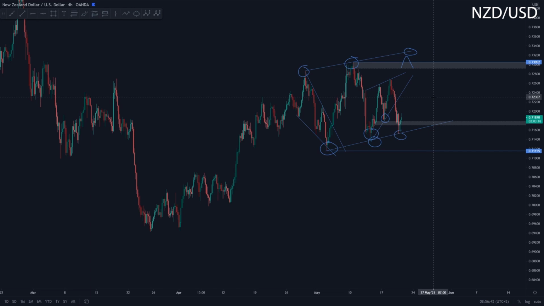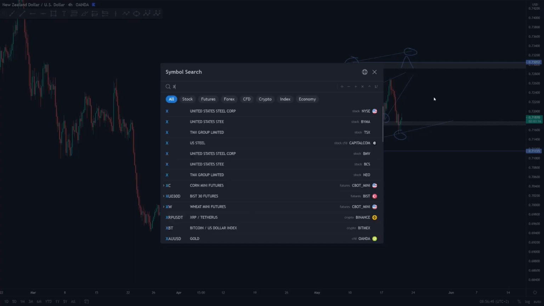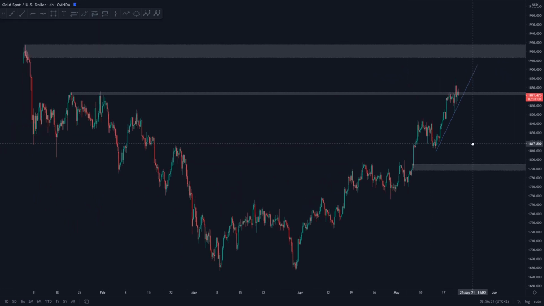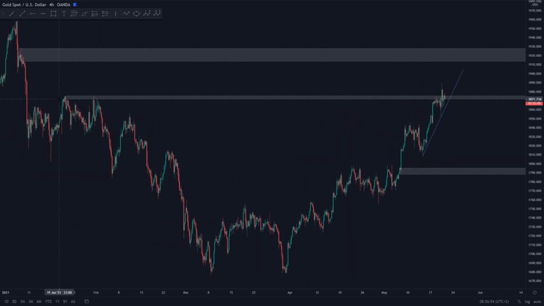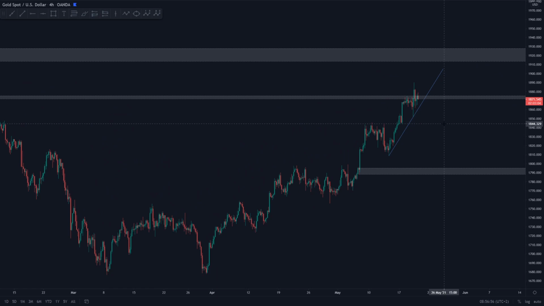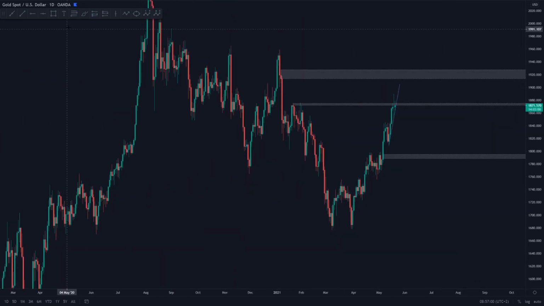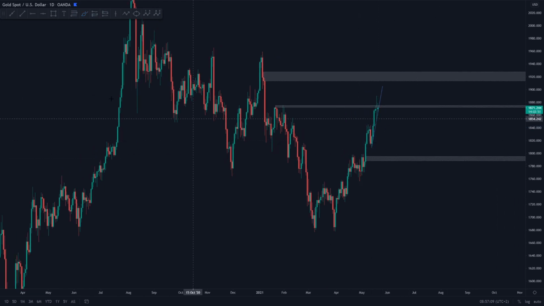So with Kiwi dollar discussed, let's head over to our last pair, which is gold. And yeah, I've had a hard time analyzing gold, mainly due to the overextended nature of gold. As you can see at the moment, we are situated at resistance, so I am waiting for further downside on gold. If we look at the daily time frame, we can see that we had quite the impulse towards the upside. We haven't seen a real healthy retracement, to be honest. This over here wasn't a real retracement. If you just look at gold in general, you can view this as an overall impulse.